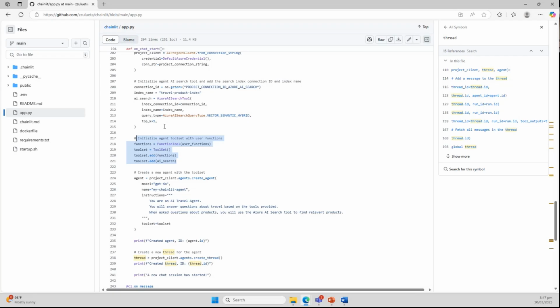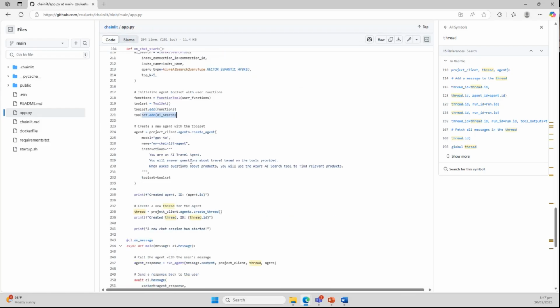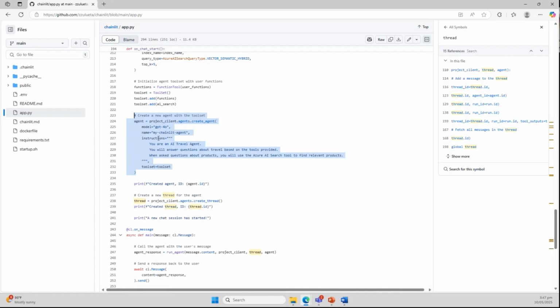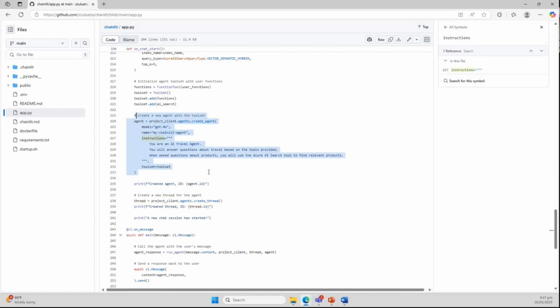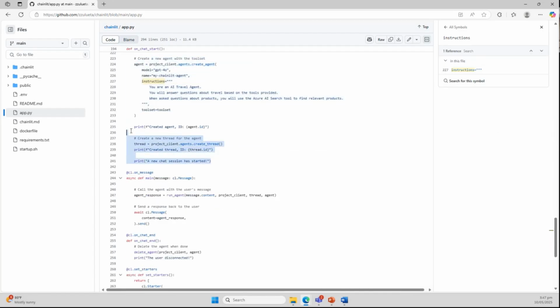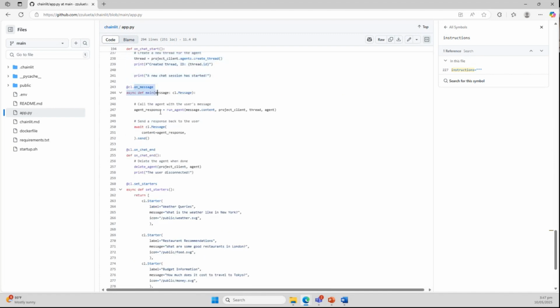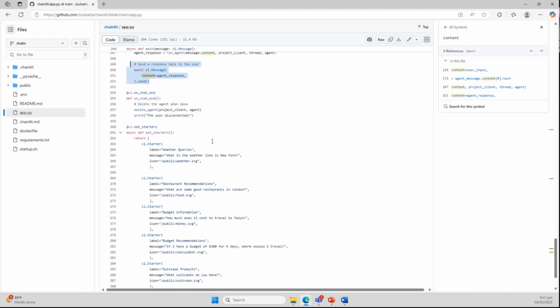So in this case, I used an Azure AI search tool this time, not the function call to run the Azure AI search. I have an Azure AI search tool in which I added the functions. I even added the AI search tool. And then from there, we define the agent, and then it's magically doing it. Also, we create the thread in the onStart. During the on message, this is where we run the agent. So every time we run the agent, we pass on the message, the project client, the thread, and the agent, and then from here we display the response. That's simple. And then on the end, when we close the browser, we delete our agent.